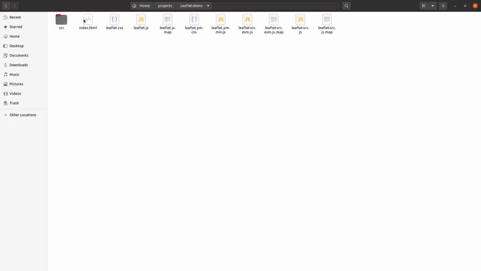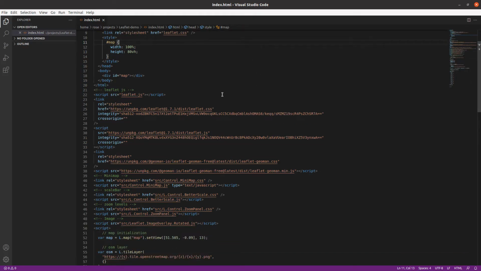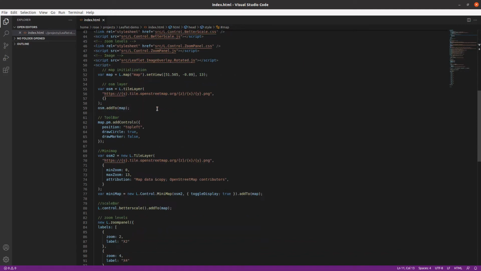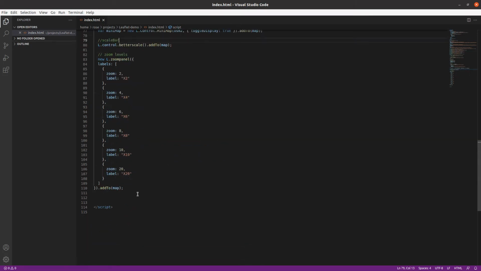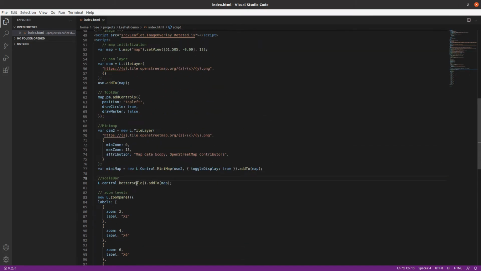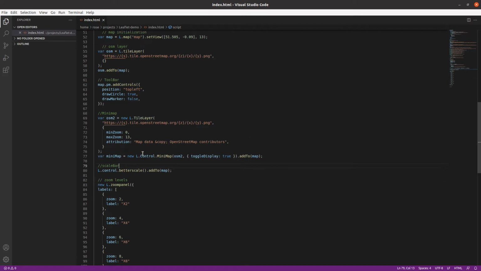You need to just copy paste all the files over there, and also the HTML file that you are now editing in your Visual Code. So after that, you just need to give that script over there. Inside the script we are doing all the things, that is the minimap, the toolbar, the zooming levels, scale bar,